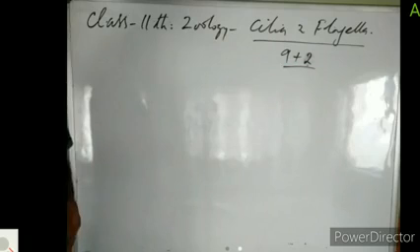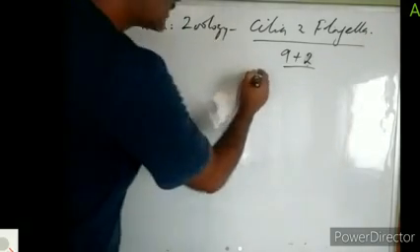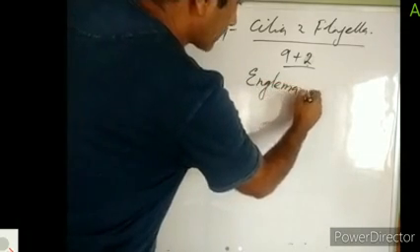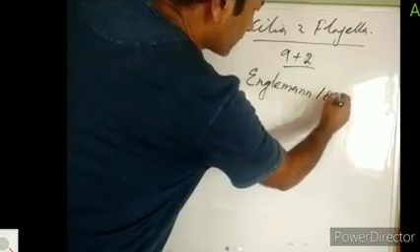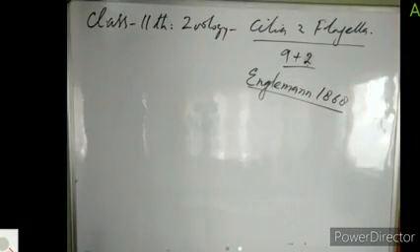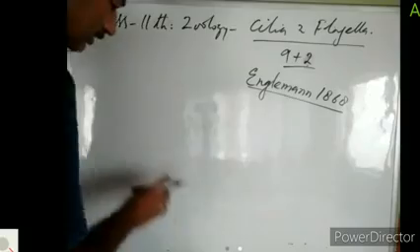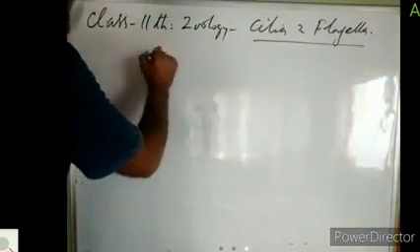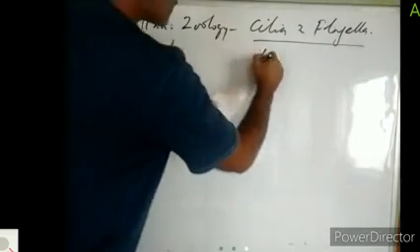But they also differ in certain aspects, right? First of all, cilia and flagella were first reported by Engelmann in 1868, right? Structurally they are similar, but they also have some differences. So first we will look at the differences between cilia and flagella. How do they differ from each other? We will write cilia here and flagella here.